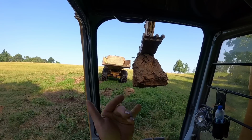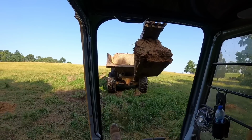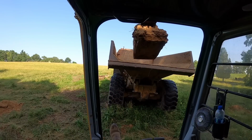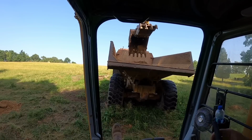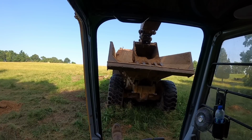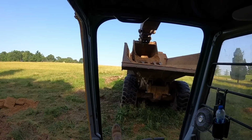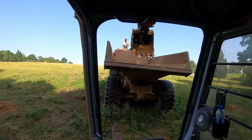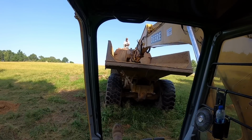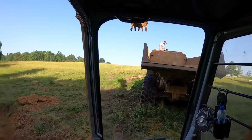It's not near as convenient to load this way, but I'm gonna have Matt back straight down to me. That way I can scrape that bed a little bit and I can kind of reset him from down below there. Come on back a little farther. Hold that right there. No, I think I can get it the way it is. For sure the dirt don't stick in this bed near as bad as what it sticks in the other one,